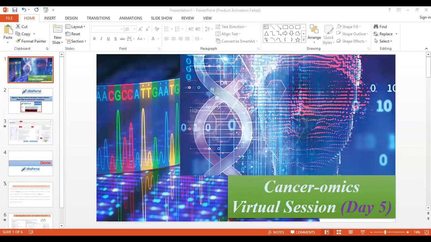So we saw how the data has been deposited in this particular platform, where one can use it for their study of omics data with respect to cancer type, what data points are available, and how they have integrated those data sets with clinical data, biospecimen data sets, and the overall survival analysis.